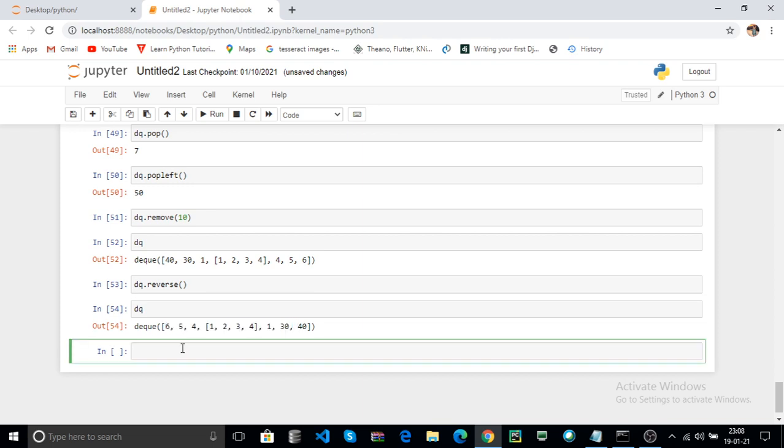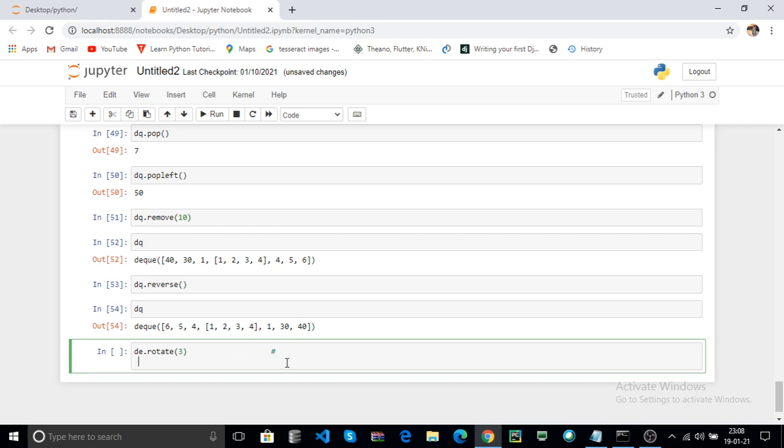Now dq dot rotate. You can pass any integer value, for example 3. Here it rotates your dq list 3 times. For example, this is your original list.